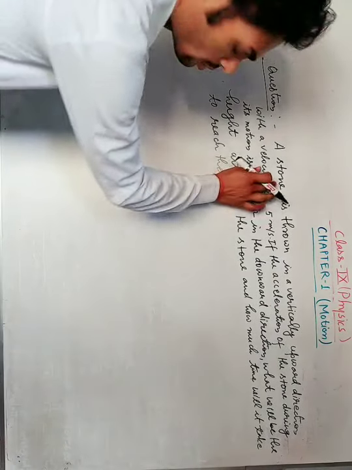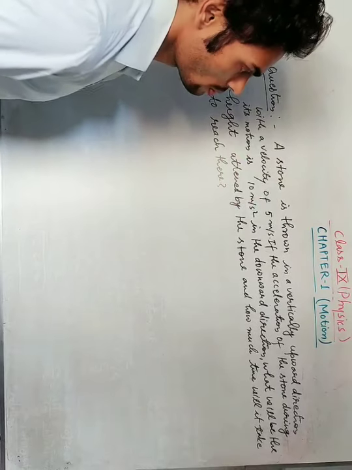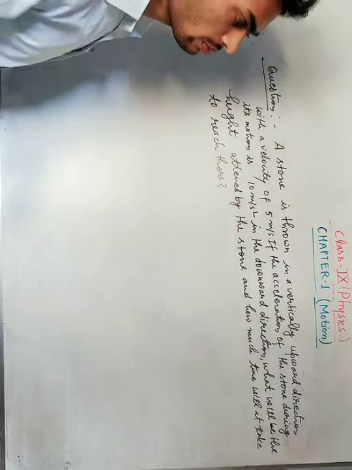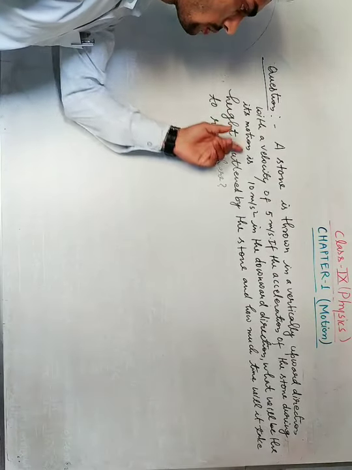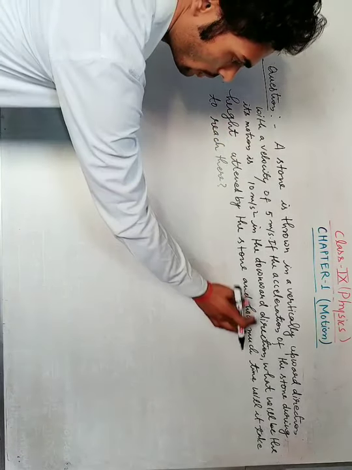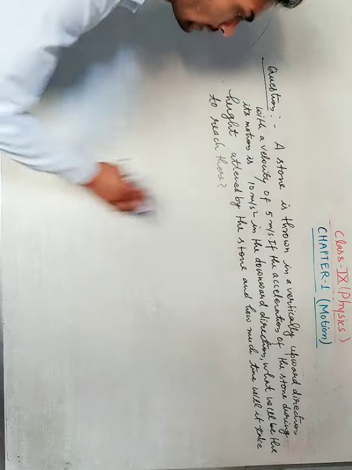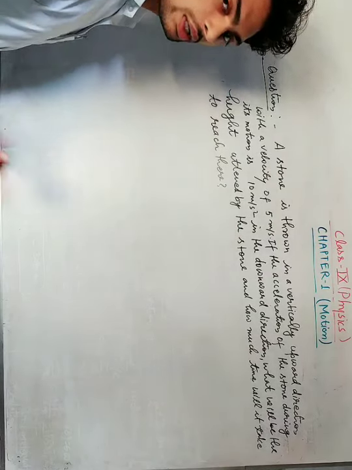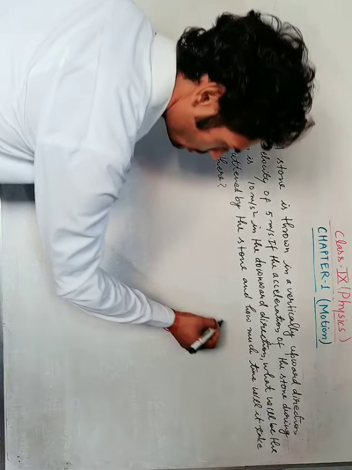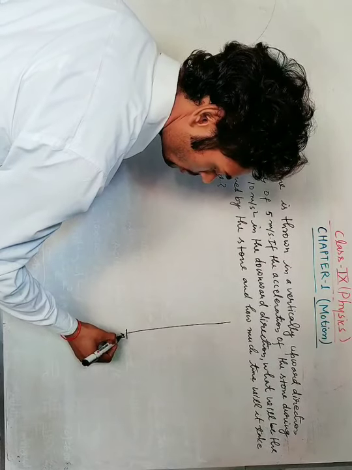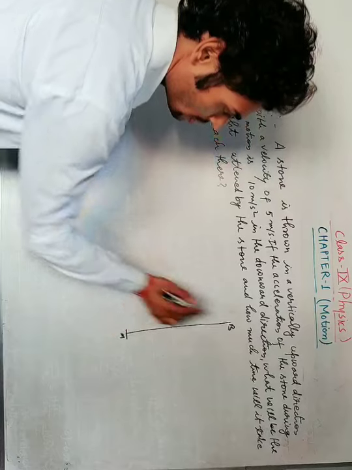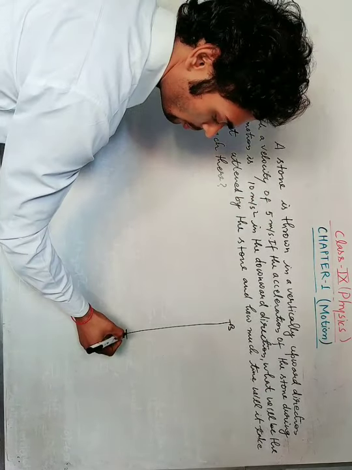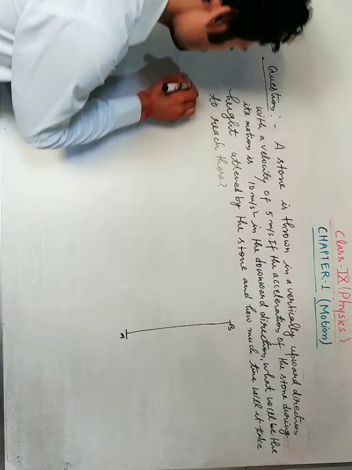So let's solve the next numerical. A stone is thrown in a vertically upward direction with a velocity of 5 meter per second. If the acceleration of the stone during its motion is 10 meter per second square in the downward direction, what will be the height attained by the stone, and how much time will it take? Suppose this is a point